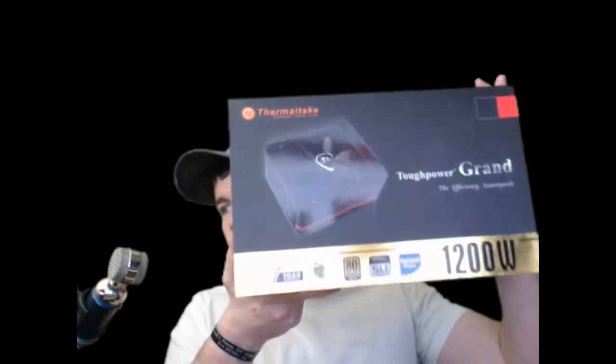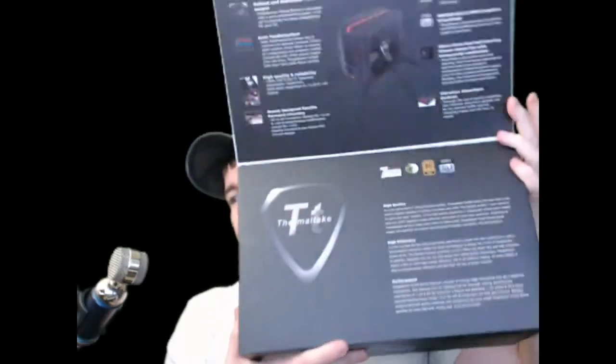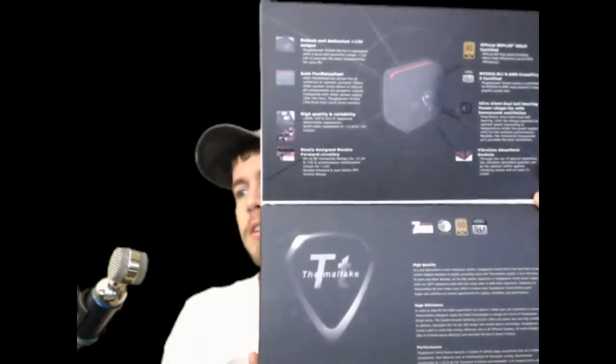So, again, with the plastic stuff off, let's see here. Yeah, Toughpower Grand, open it up. It's got all the fancy, hey, this is a Thermaltake. Let me look at this real quick. Yeah, just the basic display model stuff of, hey, this is everything that's on it, and here's our fancy doodads and go doohickeys and stuff. So